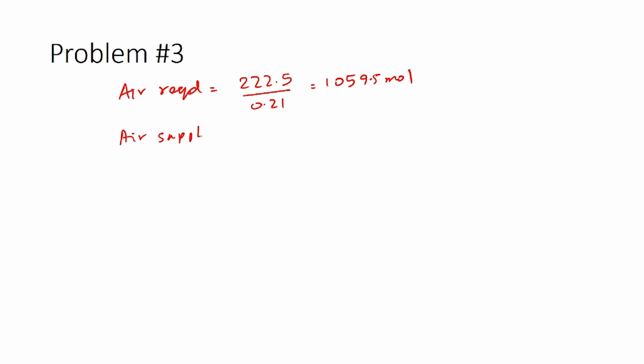We can assume that air is 21% oxygen and 79% nitrogen. So, you would have air required as 222.5 moles divided by 0.21, which is 1059.5 moles of air. So, air supplied would be 25% excess of what is required, which would be 1.25 times 1059.5 moles,